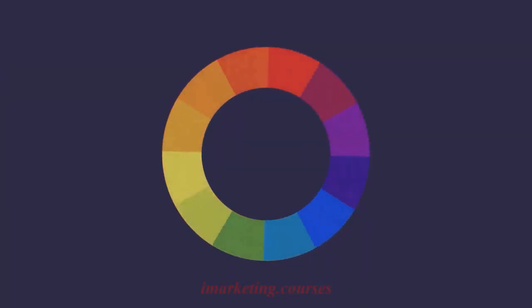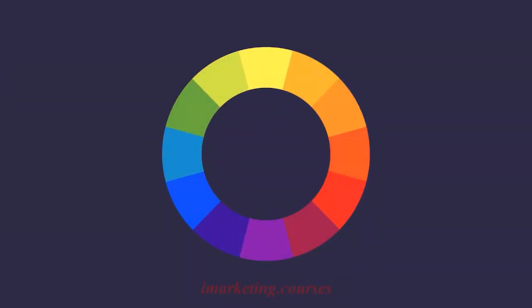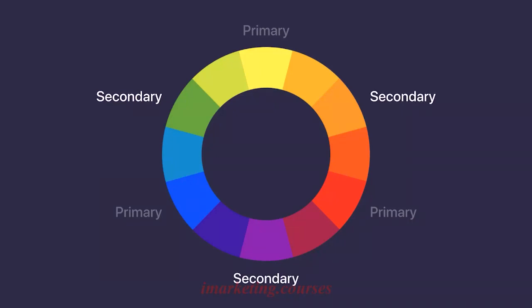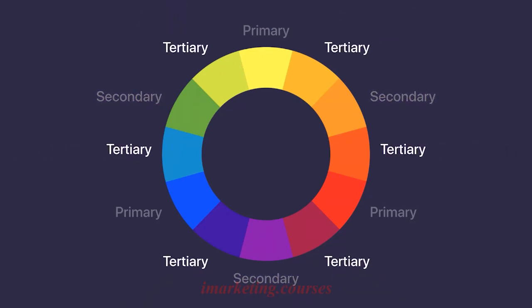This is a color wheel, and just like what you learned in school, it's made of primary, secondary, and tertiary colors. The primary colors are red, blue, and yellow. If we mix these colors together, they make the secondary colors, and they are green, orange, and purple. Finally, when we mix the secondary and primary colors, they make the tertiary colors: yellow-orange, red-orange, red-violet, blue-violet, blue-green, and yellow-green. These make up the color wheel invented by Sir Isaac Newton, and it simplifies how we can work with